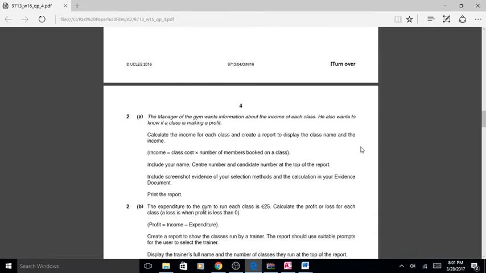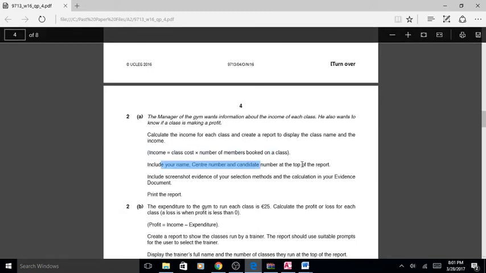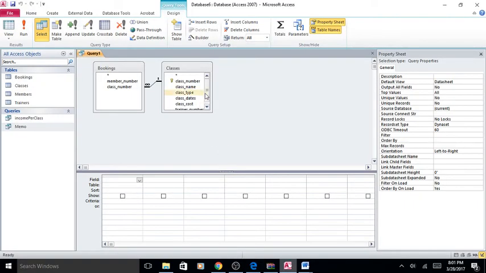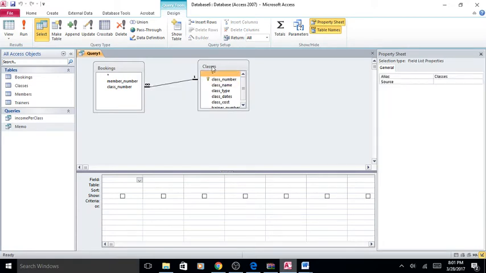So what this first query needs to show is to calculate income for each class, create a report to display the class name. You know the income is the class cost times the number of members booked in the class, and then at the top of the report you put your name and screenshot your selection methods and all that kind of business. Sounds easy, actually isn't too bad in the grand scheme of things, but